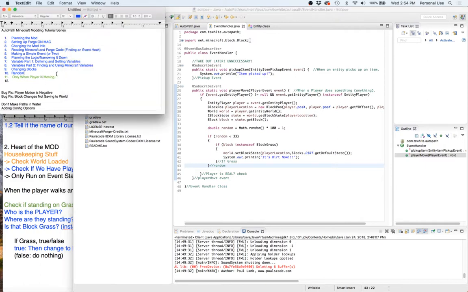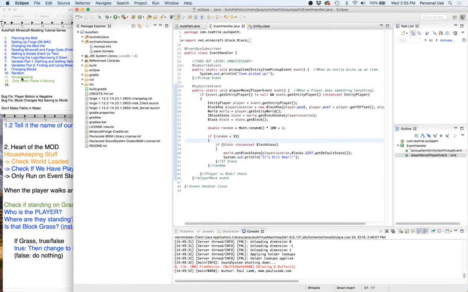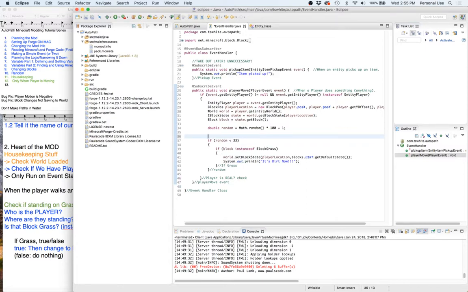Right now we're going to change our video and say housekeeping is what we're working on for a second. Then we'll probably do "only one player is moving", because housekeeping is pretty quick. All we have to do is add a bit that says make sure the world is loaded, right? So we're going to say if